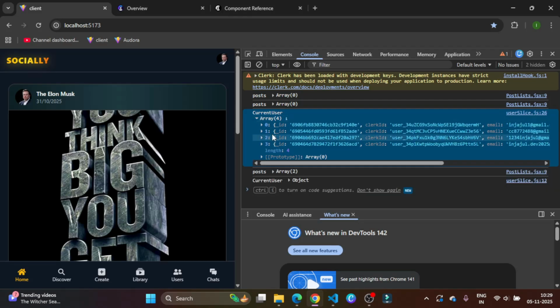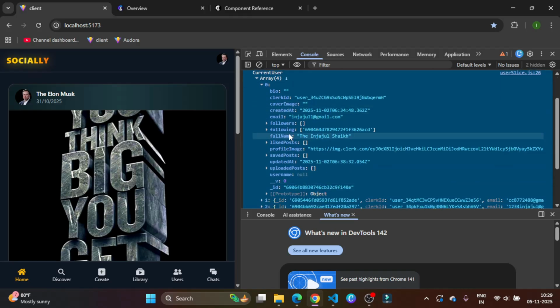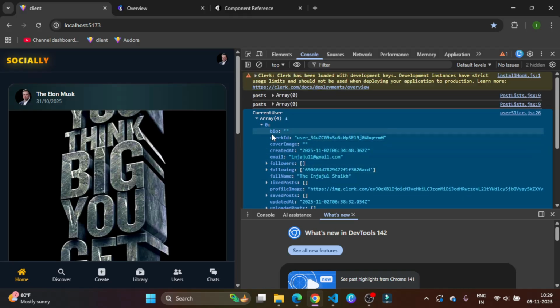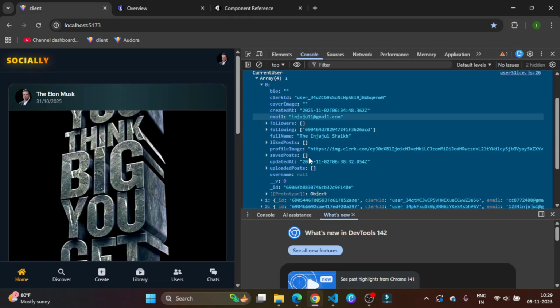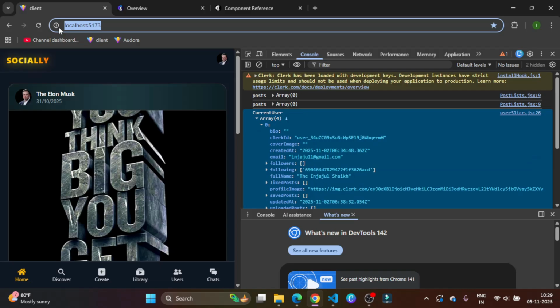And then this is the array, and we have like bio, Clark, cover image, created, all this stuff, right? Although we are not using bio or cover image, if you want to bring the use case, you can do that, right? But I want to show the other, like let's go to the